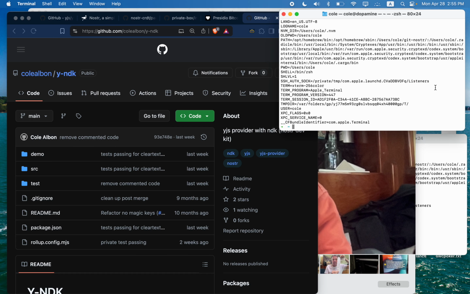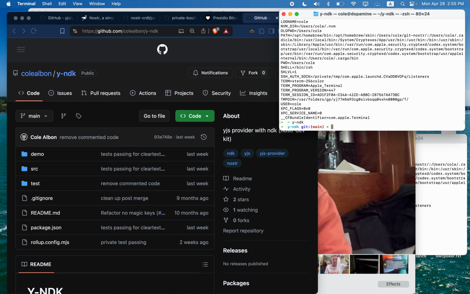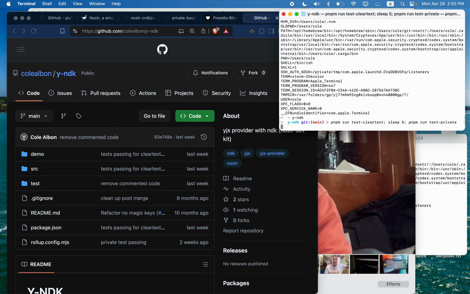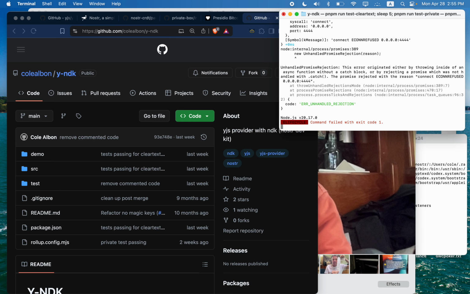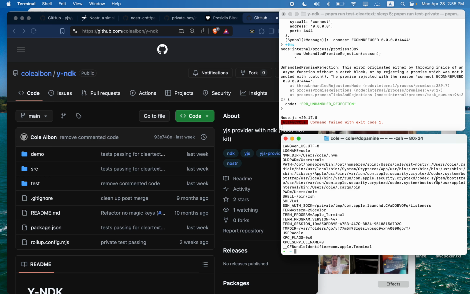In order to get started here, we will navigate to the YNDK folder and run a build. We'll do a test first. These are two test scripts because if we try to do them both at the same time, they will overlap with each other and crash. So I ran it without running it. You do need to have a running